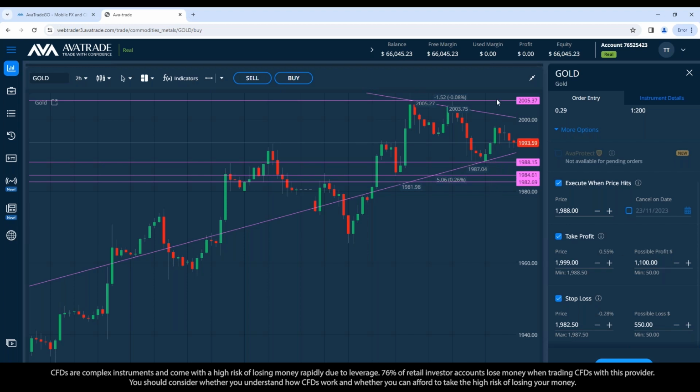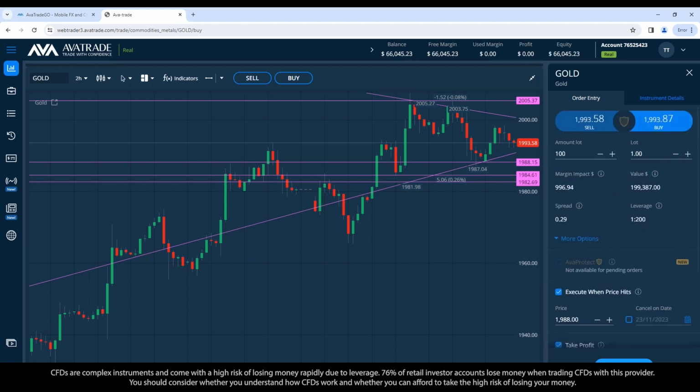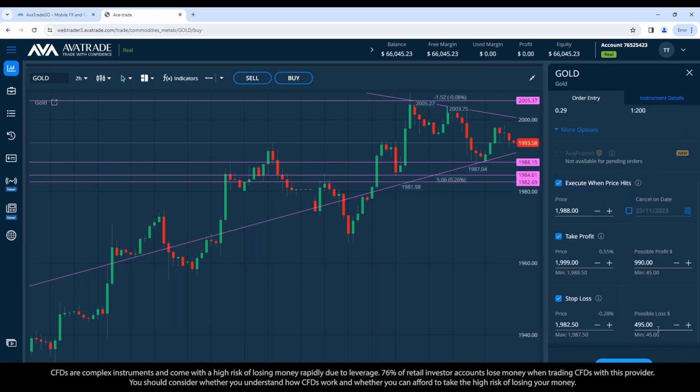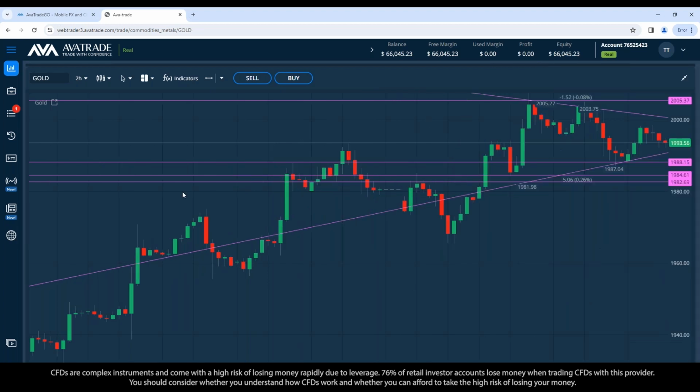Once you've got the entry points and exit points lined up for the trading strategy, then you adjust the trade size to fit that trading strategy. And so if I want to risk 500 per trade, then I just need to go a little bit smaller here, 0.9. And so now I'm risking 495 to make 990. Okay, so I can go ahead and set that as a pending order. You see it's listed in the orders, not the open trades, not the positions, because it'll only open if it reaches the strike price.